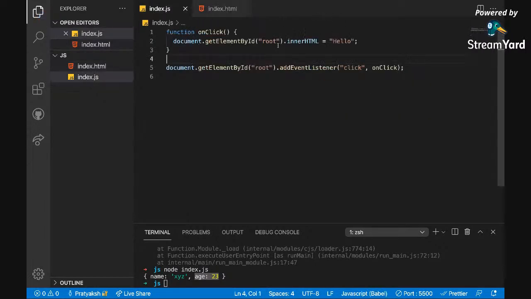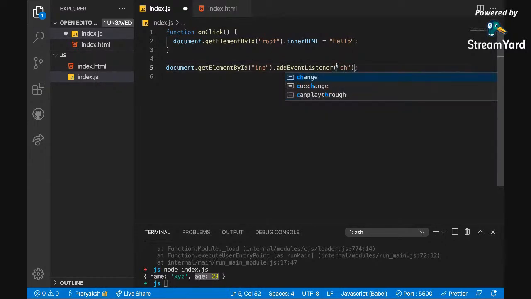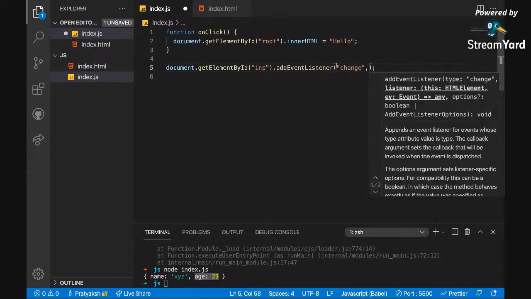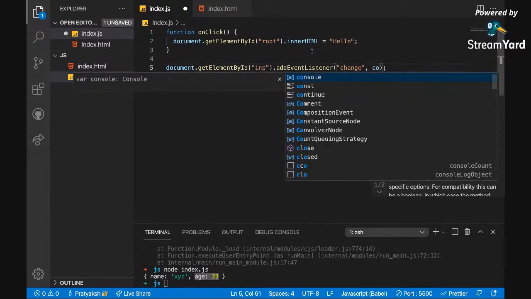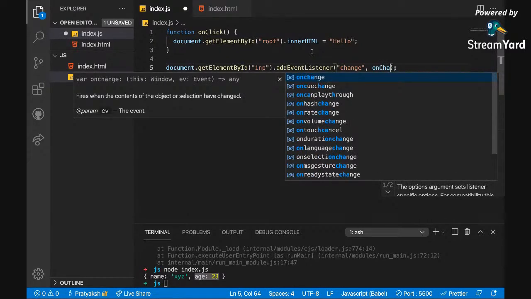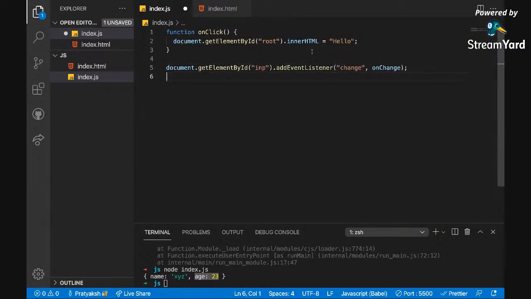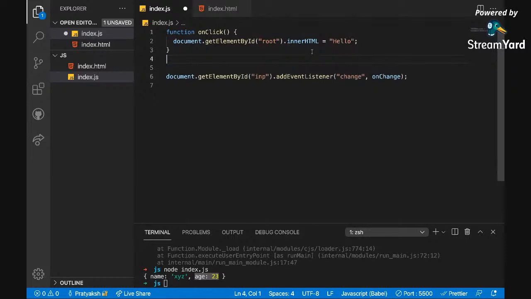Okay, and now I say getElementById on input, let's say change, you do onchange, and let's define onchange over here.